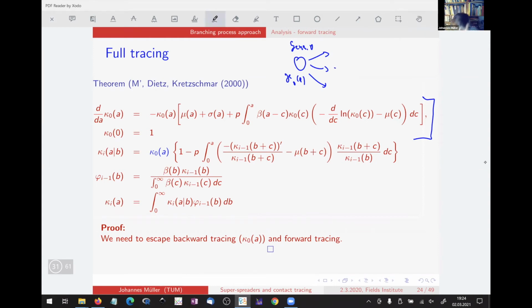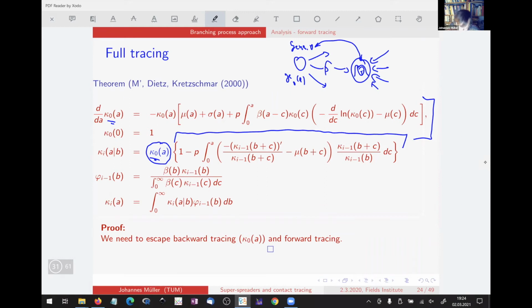And now if we go to a certain individual, for example, to Heidi, to our hero, then we can conclude in a similar way as before, only that we say, oh, Heidi is either traced by backward tracing, so here she has to survive backward tracing only. And if we focus only on backward tracing, she is still in the same situation as the generation 0 guy. And so here is kappa 0, so this probability, times the probability not to be traced from her infector MAXI. So that's the very same structure as before.